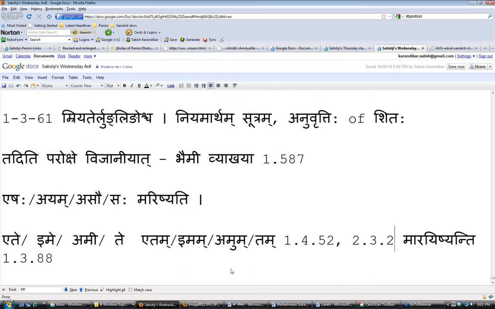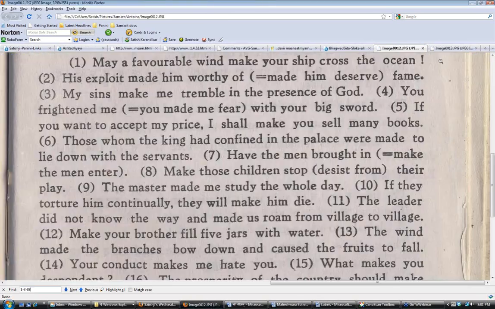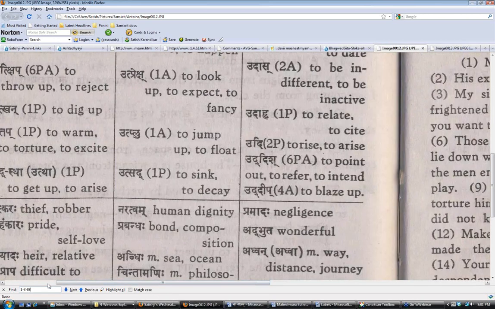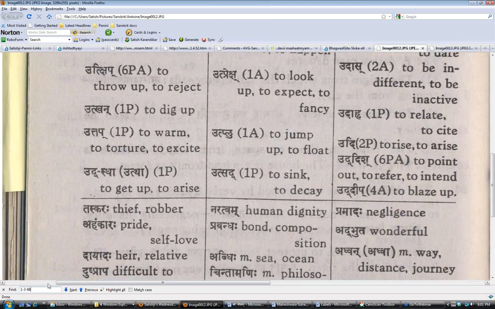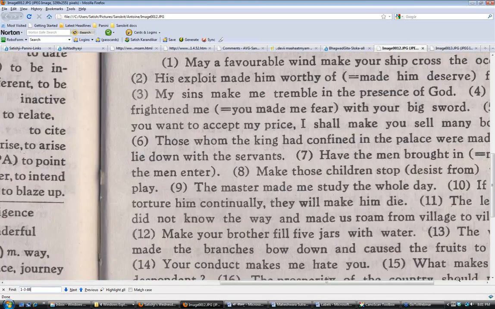Okay, how about the clause, Karthik? That should be easy. Yadi. They torture him continually. So again, they say the they. Tudanti. I think he has given in the vocabulary here. Oh, okay. Uttapa. Uttapa, okay. So then what will you get if they torture him? So what do we want to use? Yadi te tam uttapanti.